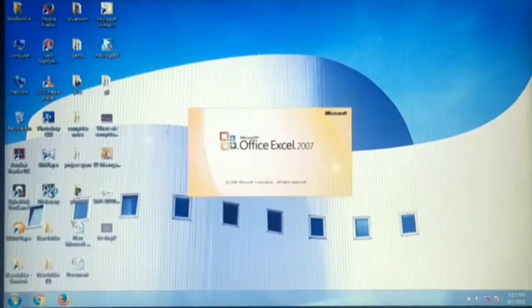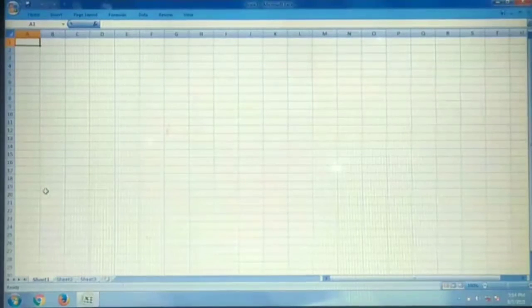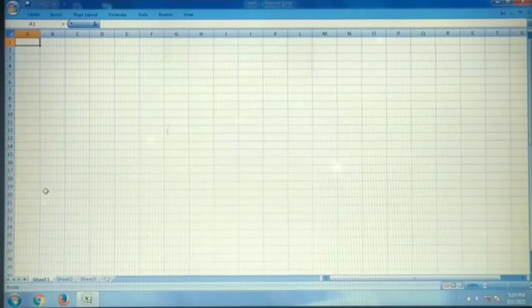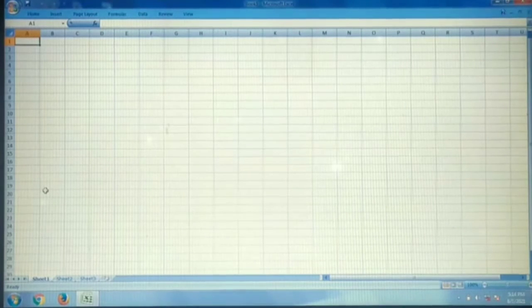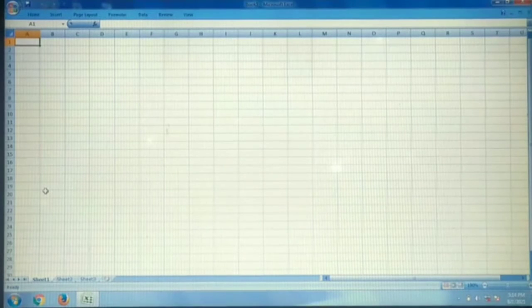Excel provides a shortcut to insert the most commonly used functions of sum, average, count, max and min. For this, we have to enter the data in a single row or a single column. In the case of data entered in a row, click on the cell to the right of the last data entered. And in the case of data entered in a column, click on the cell below the last data entered.